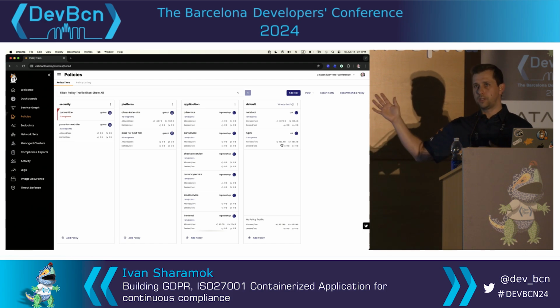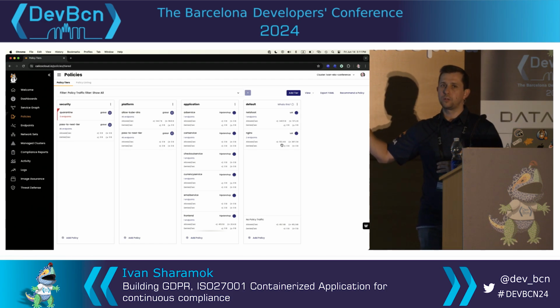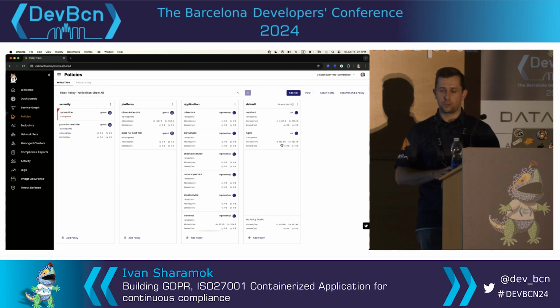And all of this looks like native Kubernetes objects, which means you take standard Kubernetes RBAC and you can create governance. You can decide which teams have access to what tiers and what level of access. You can make some policies read-only, and that's how I typically do it.